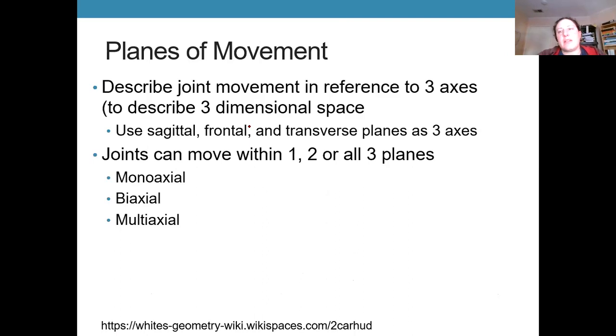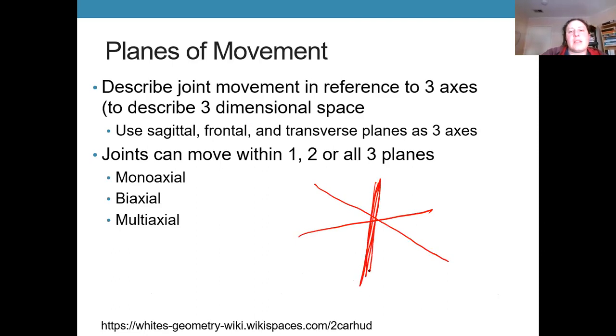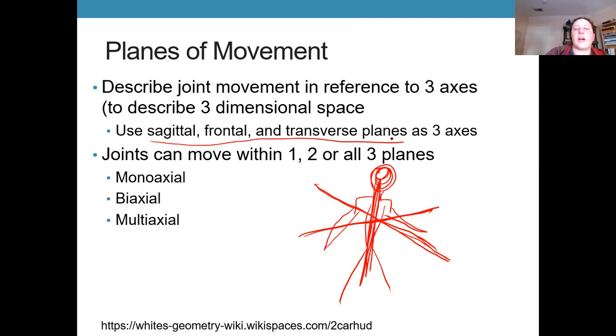The first way we categorize is by the plane in which the joint is able to move, or how many planes. And so when we talk about planes, we're talking about three-dimensional space. We can represent that with a little 3-axis graph here, right? So if this is somebody's body, their head, and their legs go this way, their arms hopefully don't actually go that way, we can see that this corresponds to the 3 planes of the body that we learned in the